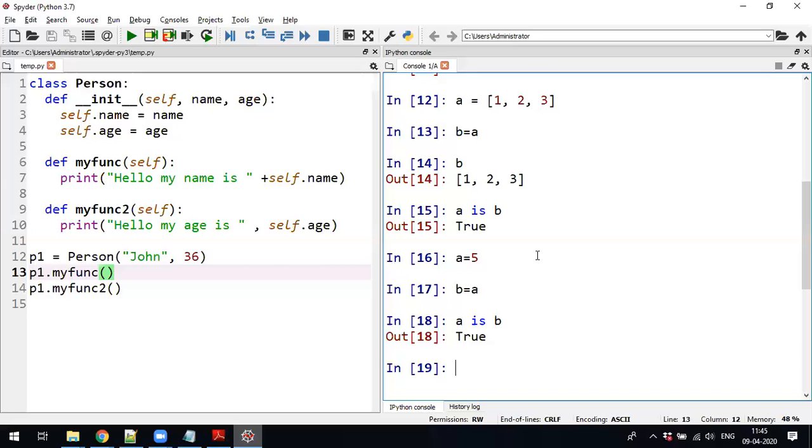If the values are different, then it is a different object. Or else there will be only a single string object, or only a single int. All the objects will point to that itself.